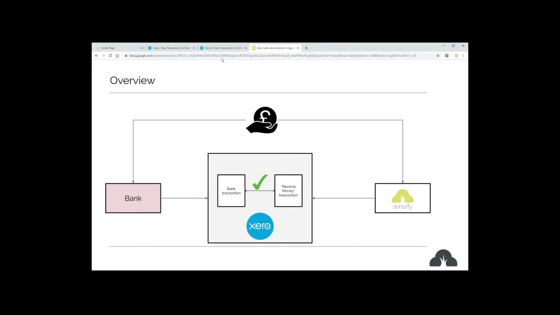Okay, so what we're going to do is we're going to see that in action, and it really means the first thing that you have to do with your integration is connect it and do the mapping, the kind of setting up part, and then we can get into the process of sending stuff across from one to the other. So I'm going to go across to